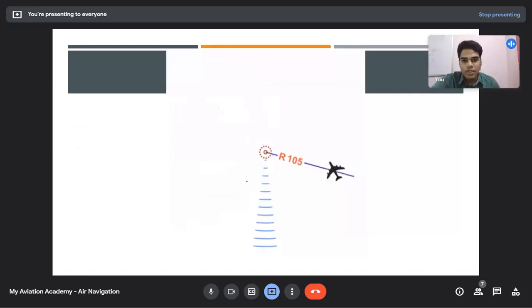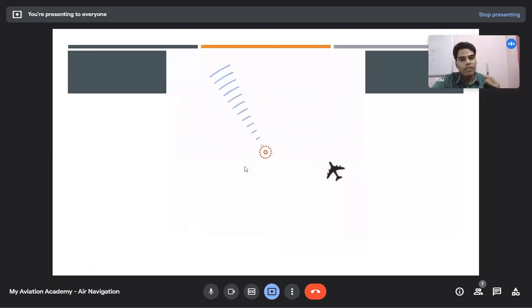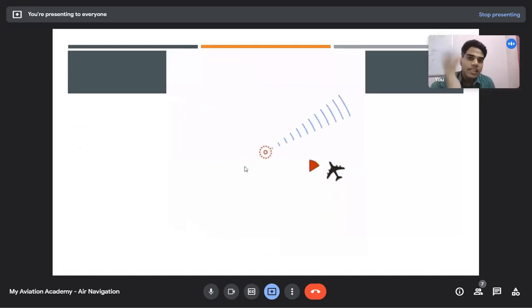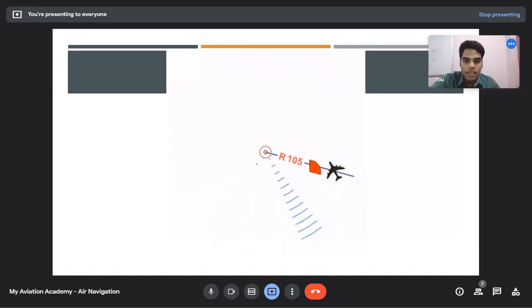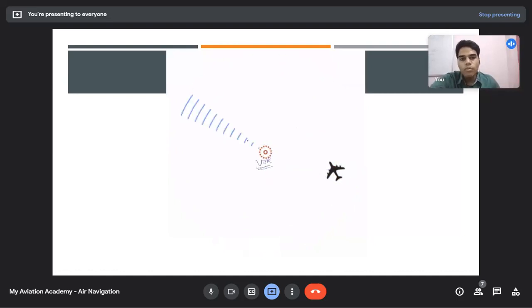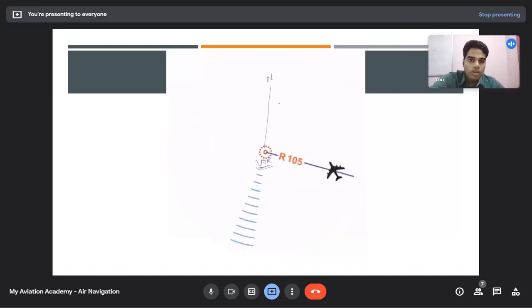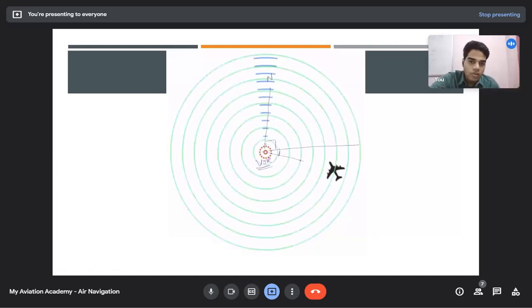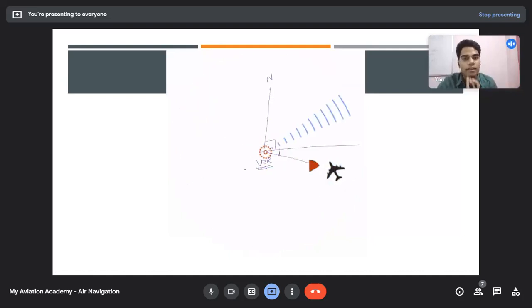Basically, as I told you, the rope is being spun. The rope is spinning. And whenever the rope hits the aircraft, that is the indication. So see the NDB, NDB, VOR, okay? See the VOR, it has a function. It's like spinning a rope, and wherever it hits the aircraft, that is the bearing. Even if you want to calculate with the help of magnetic north, this is my north. If you calculate, this is approximately 90 degrees. So it is more than 90 degrees, that is 105. And that is your bearing.